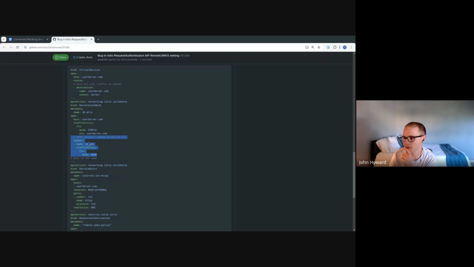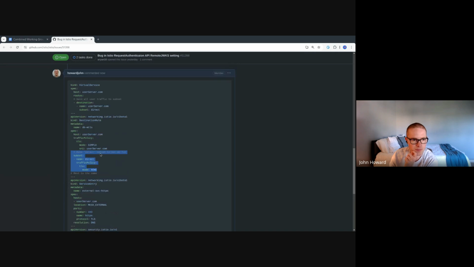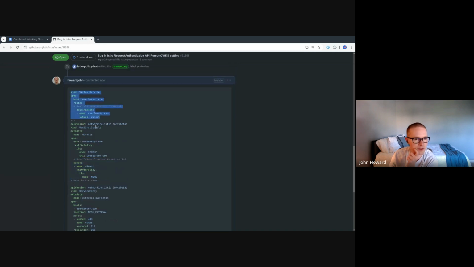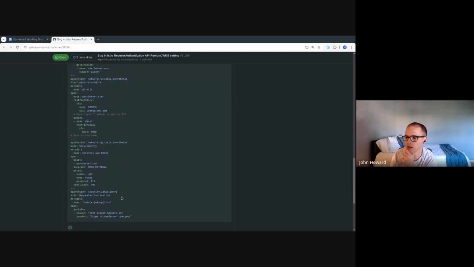I just wrote this up. Add a new subset. I called it direct and say no TLS, and then route all traffic from the user with the virtual service to that subset. Then it's fine, right? All the user traffic will match a virtual service, go to the direct subset, use no TLS. All the request auth